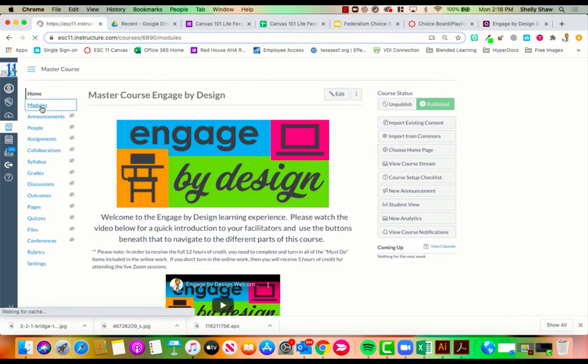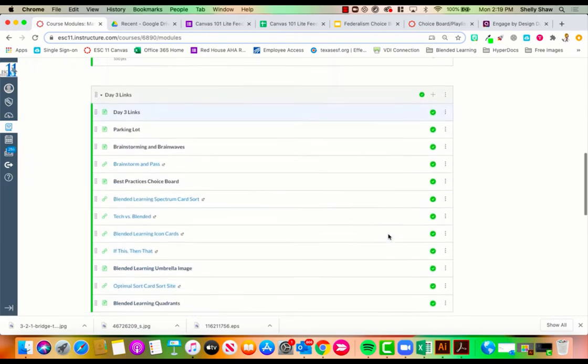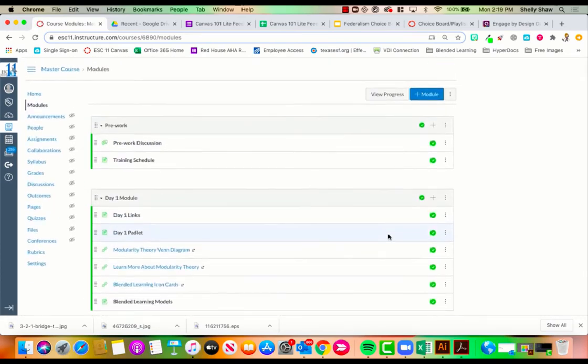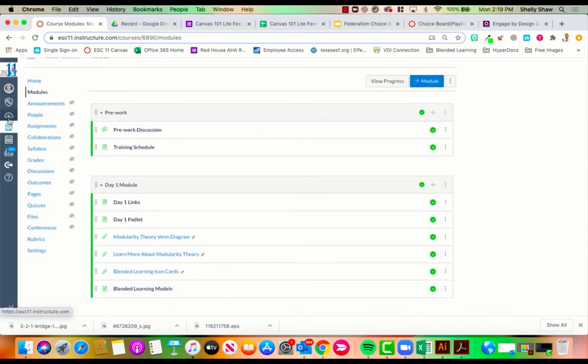And if I look at the modules in the module view, I have all these modules set up the way I want. This would be like the course where you might have several teachers working together, creating together. So now I'm done. Say I want to grab this day one module and put it in my course that I'm going to use with my students. So I'm going to go back to my dashboard